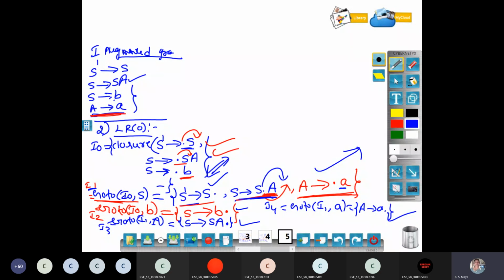Now I will tell you another simple method. Shall I go for the next step? Yes, ma'am. Still, if you are confused, keep it as a doubt in your mind. I will write the next step diagram, then you will understand easily. That was with respect to the first problem, not B. This is capital A only. Is there any doubt? Shall I go for that?